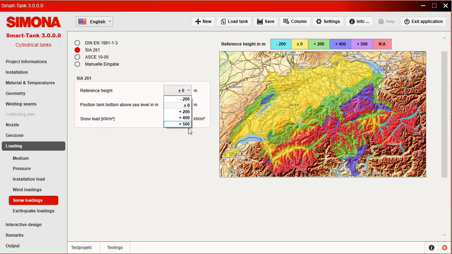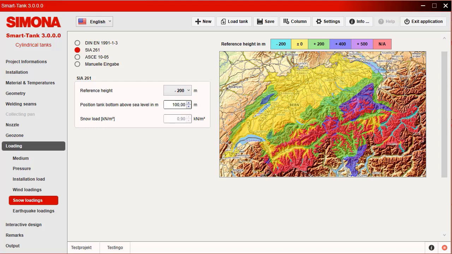If you are used to entering snow load zones, the specification of a reference height is required in SIA 261, in particular a negative reference height, takes some getting used to. But don't worry, this basically corresponds to a zoning with which the Swiss standard tries to meet microzones within its national borders.